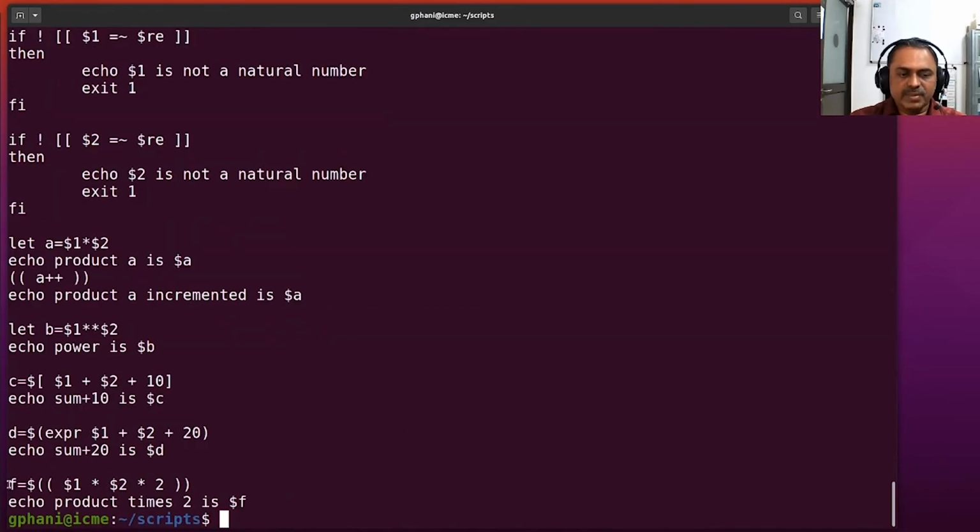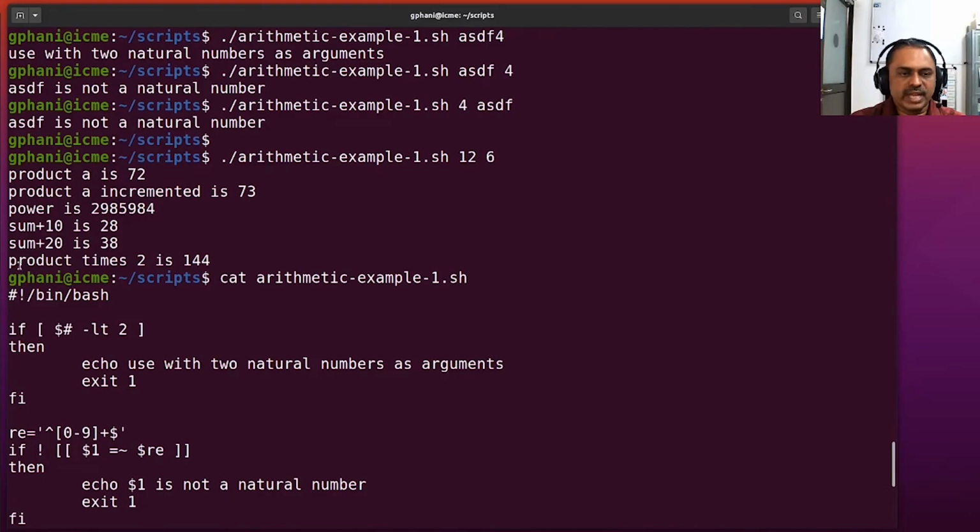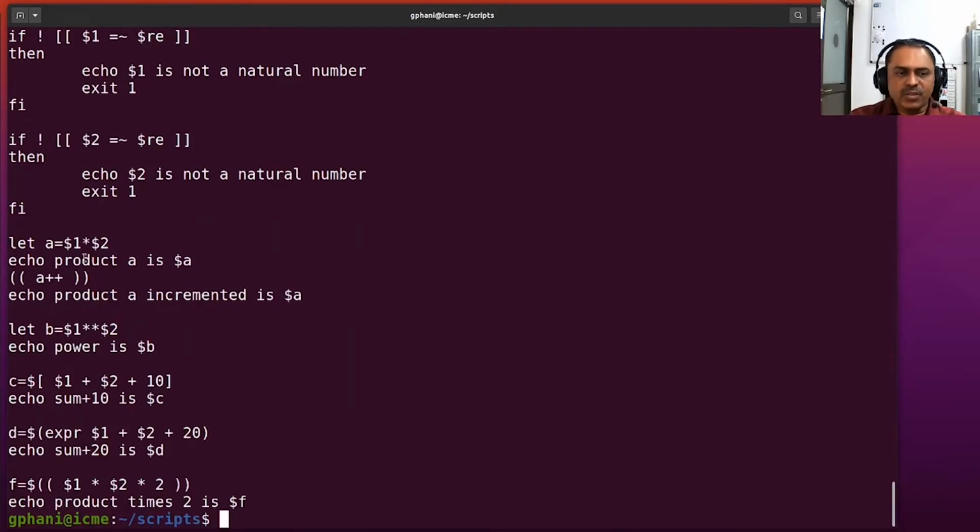The last arithmetic operation is to take the product of the two numbers and make it twice. So you see that 12 into 6, 72 into 2, 144. Okay, so you can see that you can perform arithmetic operations using very different syntax possibilities that are available, and you can choose whichever is convenient to you and go on to explore numerics within the bash environment. Remember that this is only for the